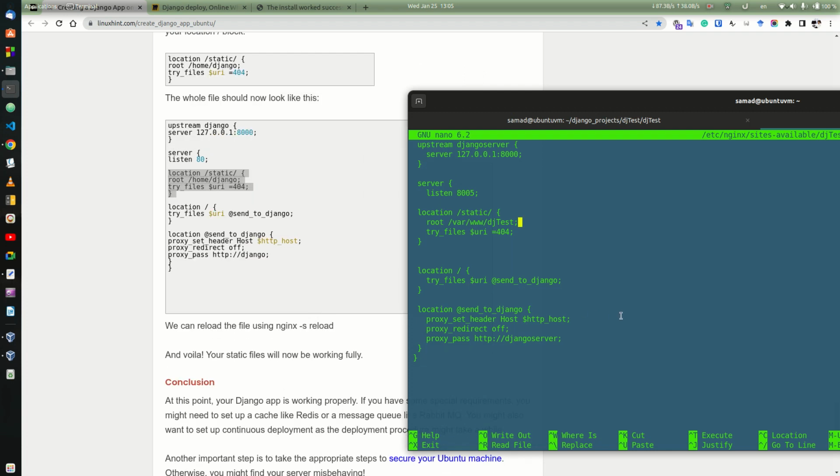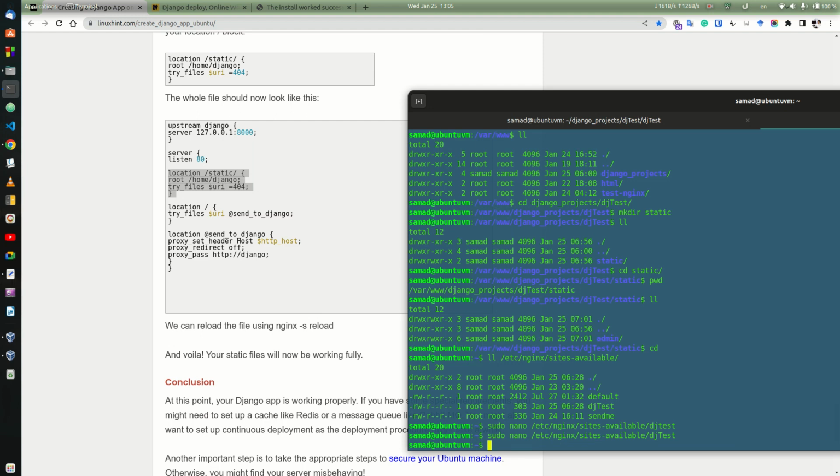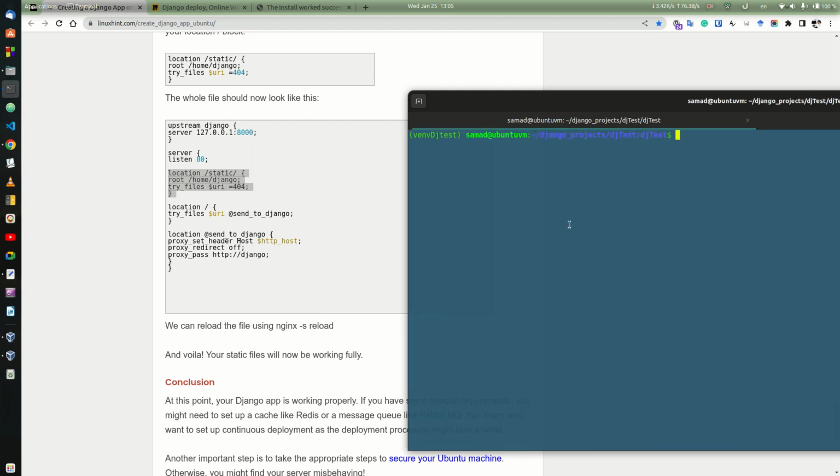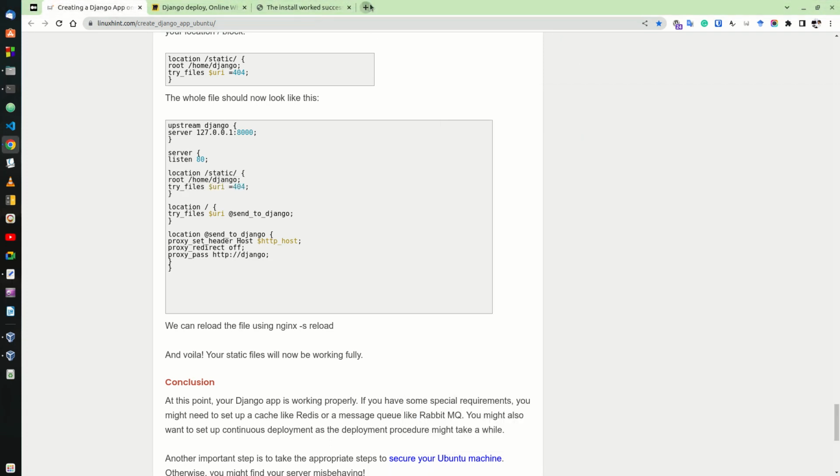Okay, so if we save the file and start our server with Gunicorn,